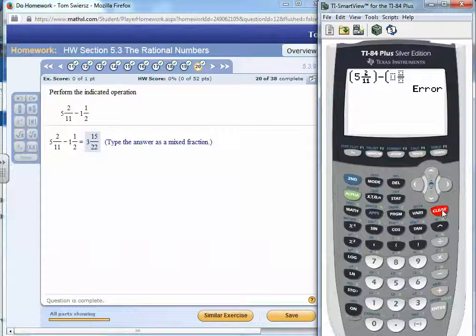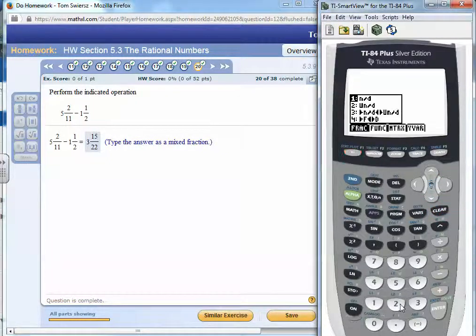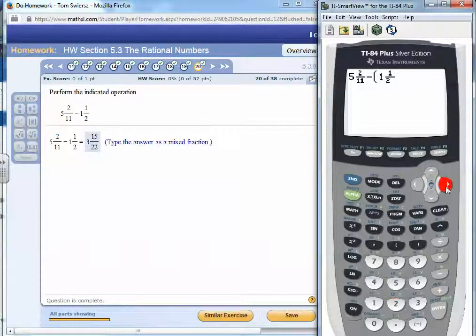Oops. Whoa. Let's try that again. Somehow I messed up. I wasn't looking. Alpha F1, number 2, the first one is 5 and 2/11. All right, minus. You don't have to use parentheses when you're doing this, but it's probably a good idea to use them. All right, alpha F1, number 2, and this one is 1 and 1/2, and then our right paren, hit enter,